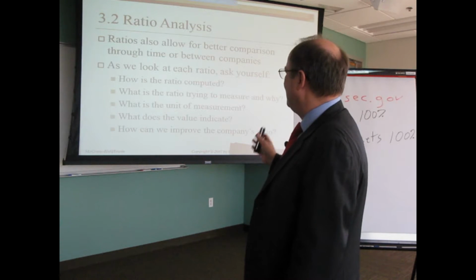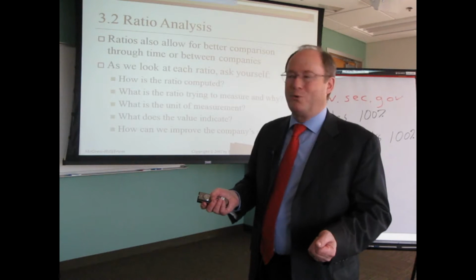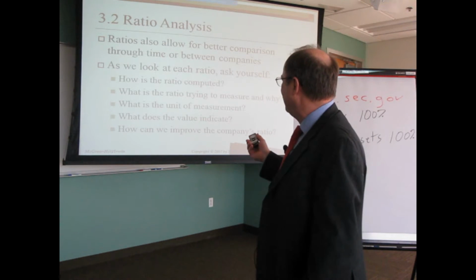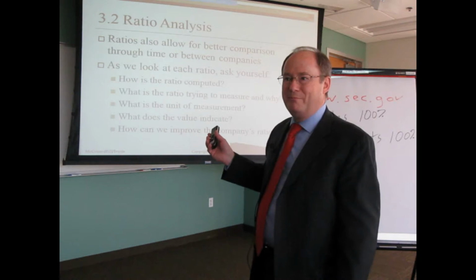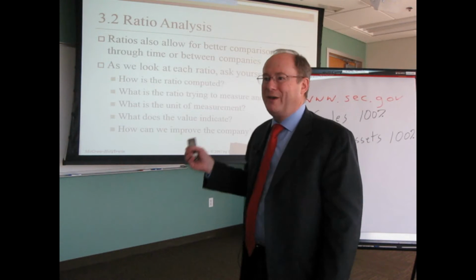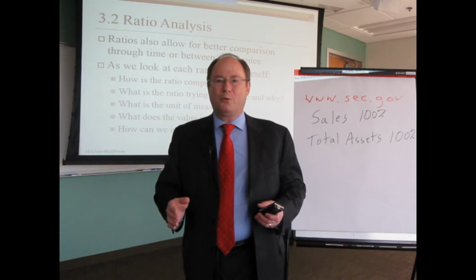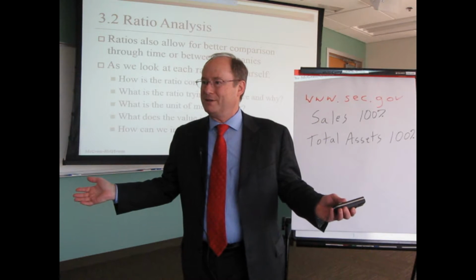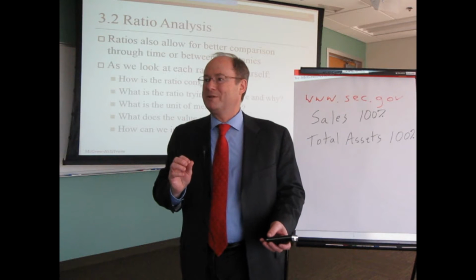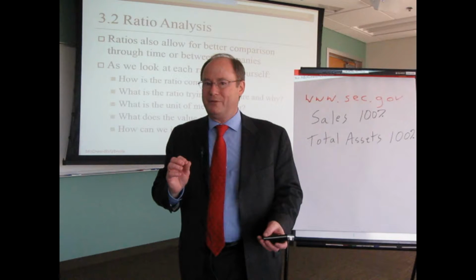When you look at the ratio, ask yourself some fundamental questions. How is the ratio computed? What is the ratio trying to measure? What's the unit of measurement? What does the value indicate? I mean, if you got a quick ratio that goes from 1.0 to 0.5, what's happened? Okay, I expect you to be able to explain that. And finally, how can we improve the company's ratio? One of the things you may want to view yourself as when you do the project is you're a consultant to that company, and you're going to tell them